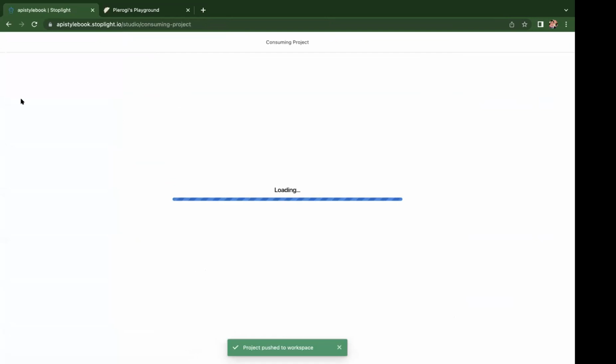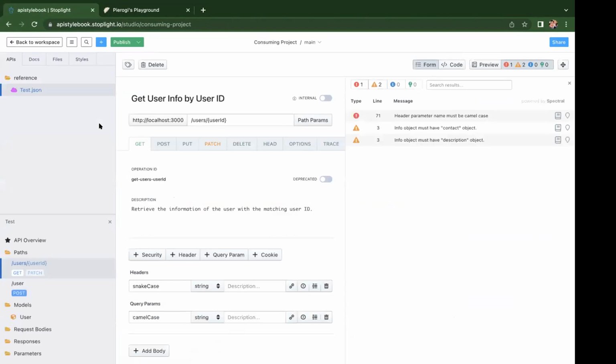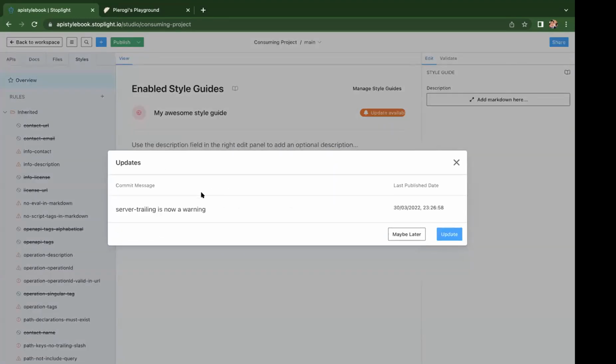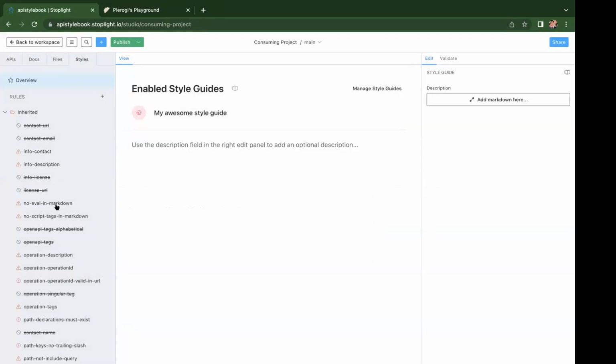what you should get is an update notification. The idea behind the update mechanism was for the program managers or people maintaining those style guides to easily update and maintain the style guide, but not push changes on users who are using those style guides. So you can easily make changes, and whenever the consumer is ready, they'll get this notification, click update available. If there are multiple updates, they'll have all of those appearing here. Whenever they're ready, they can click update.